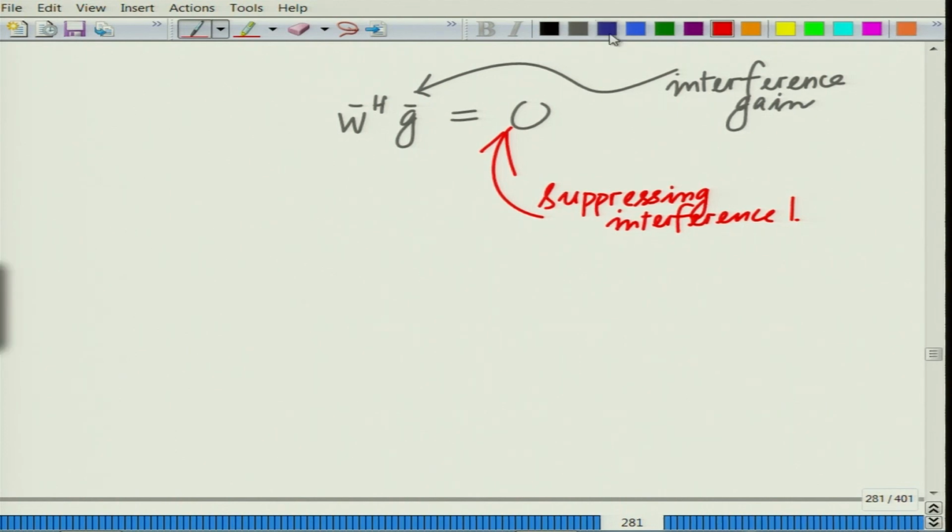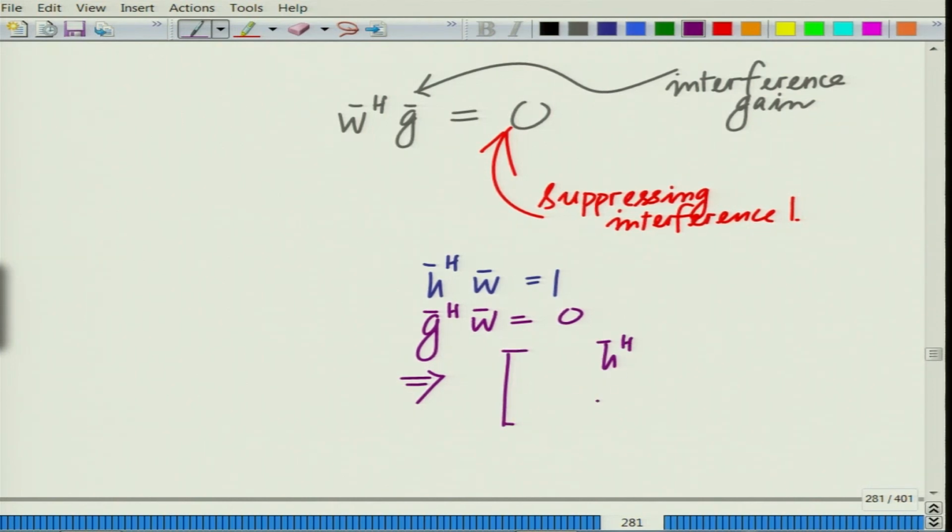Putting these two things together, let me write it slightly differently: you have h bar Hermitian W bar equal to 1, and taking the Hermitian of that, g bar Hermitian W bar equal to 0, which implies, putting this together as a matrix, you have h bar Hermitian